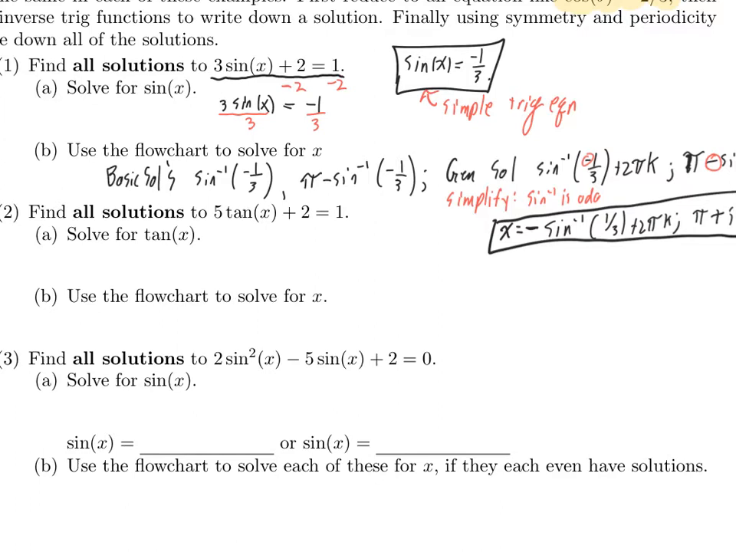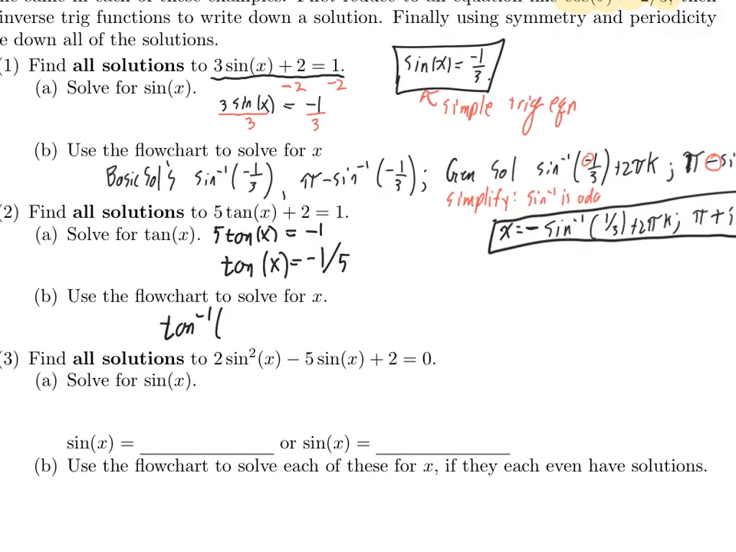For instance, if you want to solve 5 times the tangent of x plus 2 is equal to 1, well, again, that's easy to solve for tangent. 5 times the tangent of x equals negative 1. Subtract 2 from both sides, giving you tangent of x equal to negative 1/5. Then you recall how you solve tangent of x is equal to a constant. You only need one basic solution, then you add pi k. So I see tangent inverse of